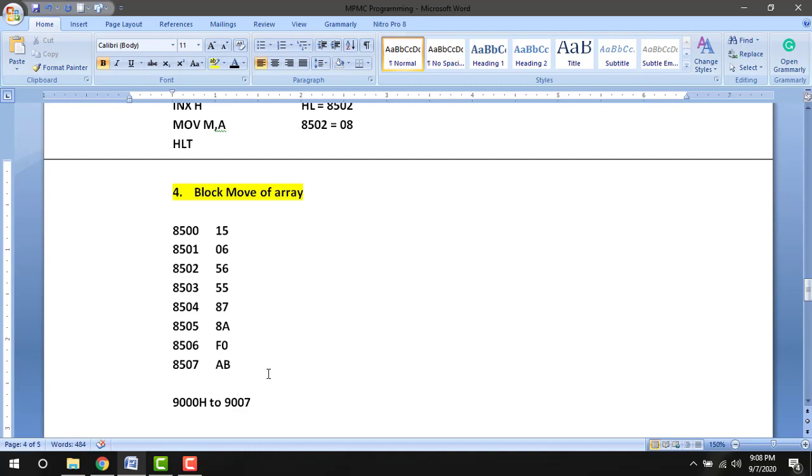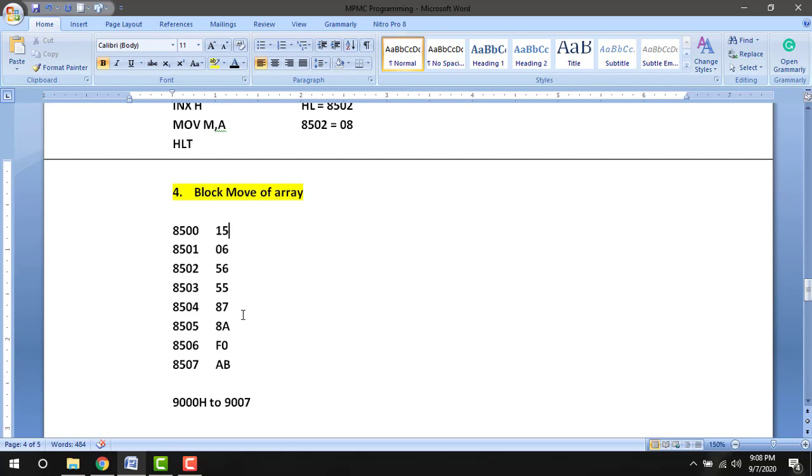So this is the problem statement. We are going to move the array of data to the new memory location 9000H to 9007. So 9000 has 15, 9001 06, 9002 56 like this. So we are going to move.